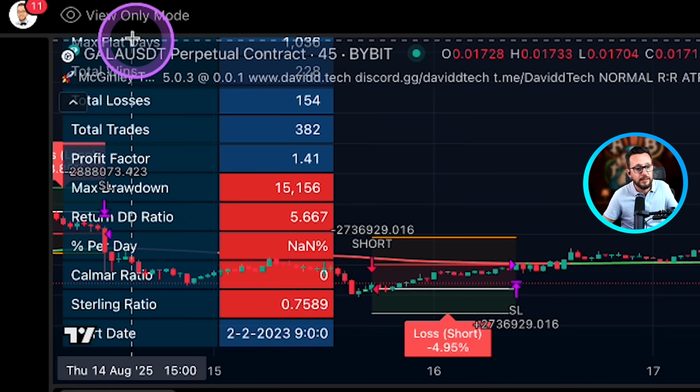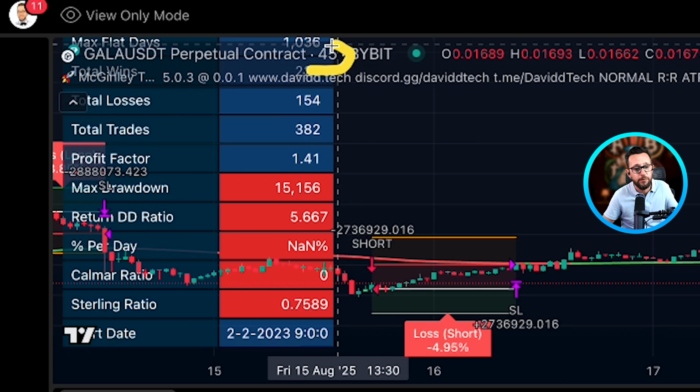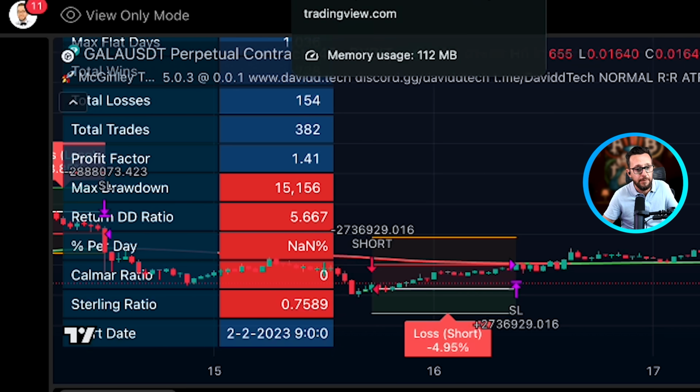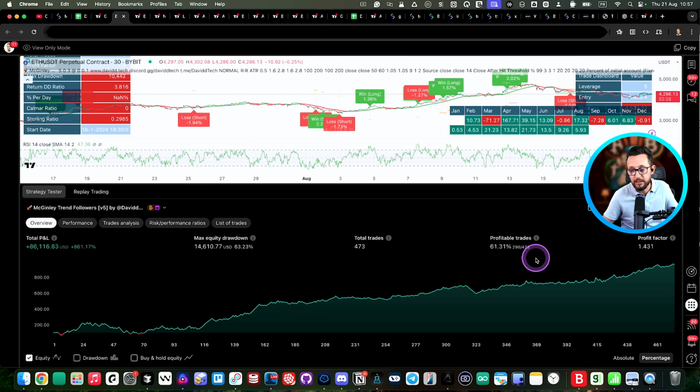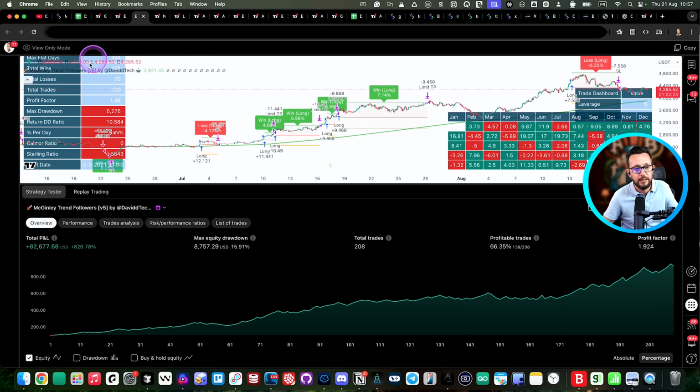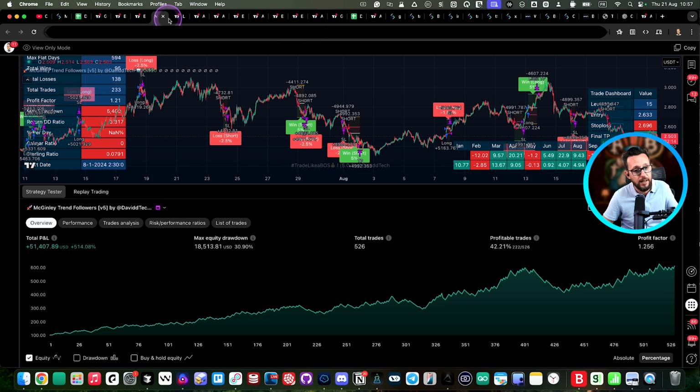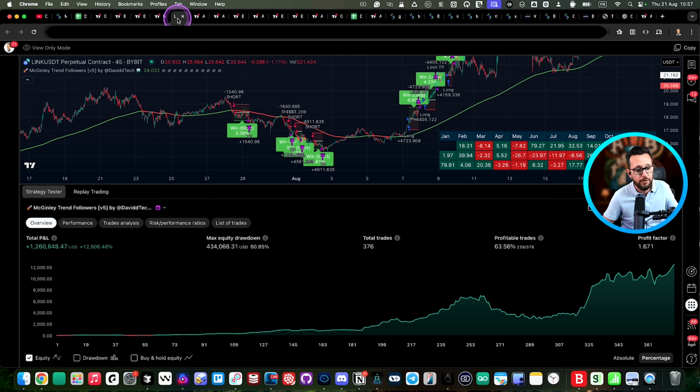So let's go. This is on GALA USDT on the 45-minute time frame. Next one is on ETH USDT, looking amazing with a 61% win rate as well. We're going to continue. This was on the 30-minute time frame. This is on ETH USDT on the 2-hour time frame. We have ZIL USDT, Litecoin USDT, Link USDT, which had a bit of a big dip here, so I'd wait